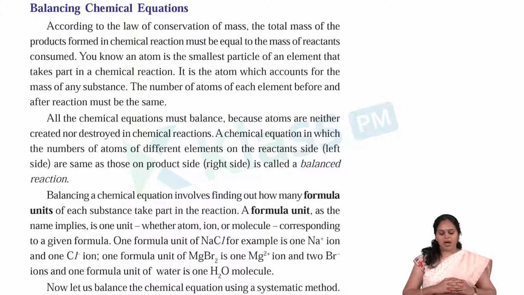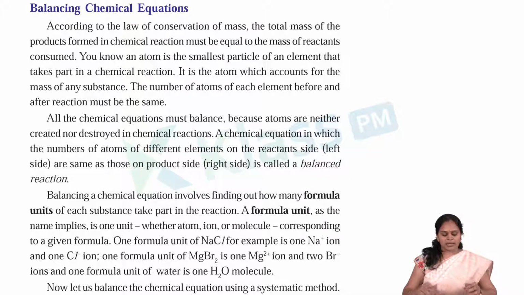You know an atom is the smallest particle of an element that takes part in chemical reactions. That is understood in the previous sessions already. It is the atom which accounts for the mass of any substance. That is also understood. How does the mass of a substance come? Based on the atoms and atomic weight. The number of atoms of each element before and after reaction must be the same. So the number of atoms of each element before and after reaction should be the same as per the law of